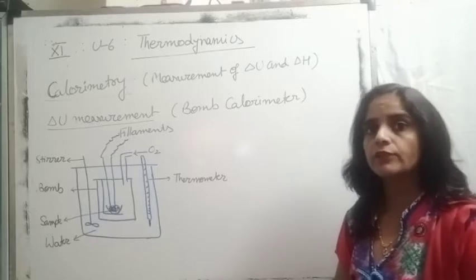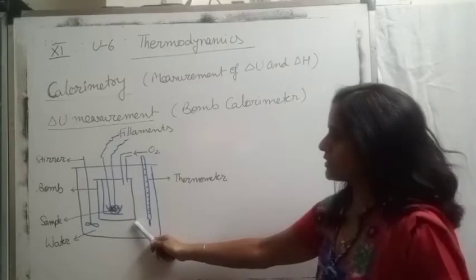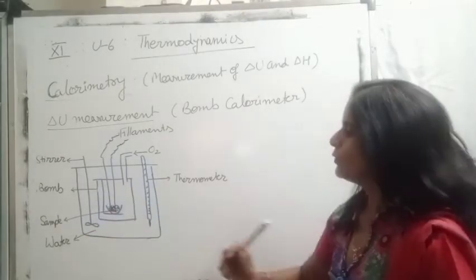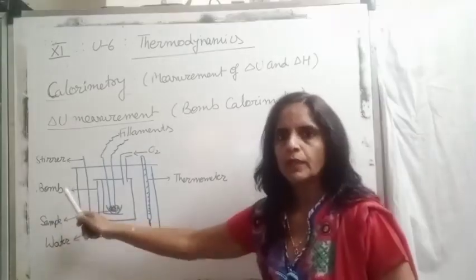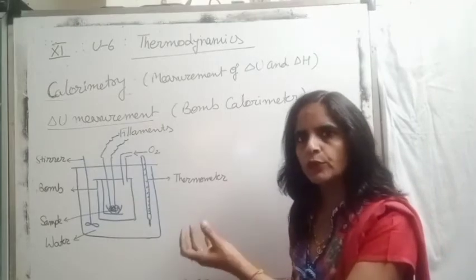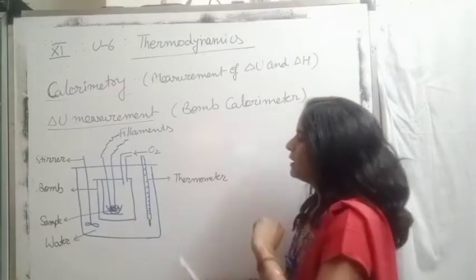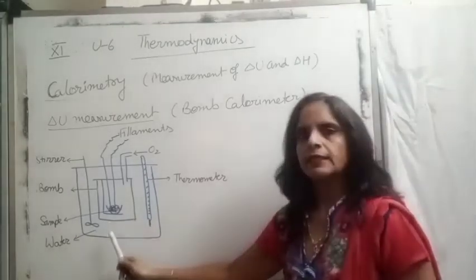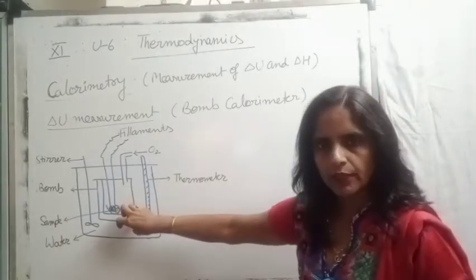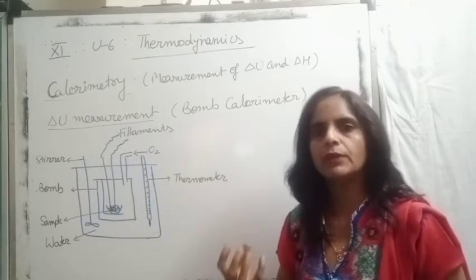The apparatus used for this is termed a bomb calorimeter. Now what is the construction of this bomb calorimeter? First we discuss this construction. You can see here, children, this is our inner vessel, a steel vessel which is termed the bomb. The walls of the bomb are conducting so that the heat produced during the reaction is transferred to the outer vessel. The outer vessel contains water. So the bomb is completely immersed in water so that the produced heat is transferred into water and we can measure this heat.